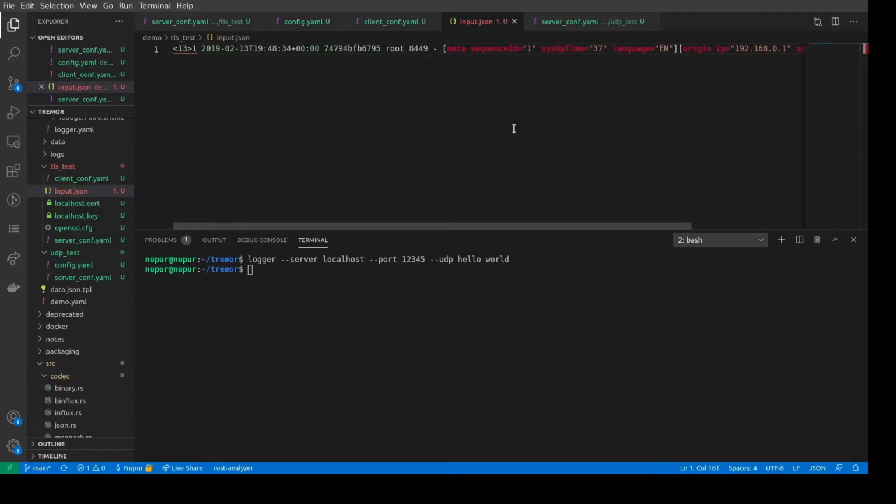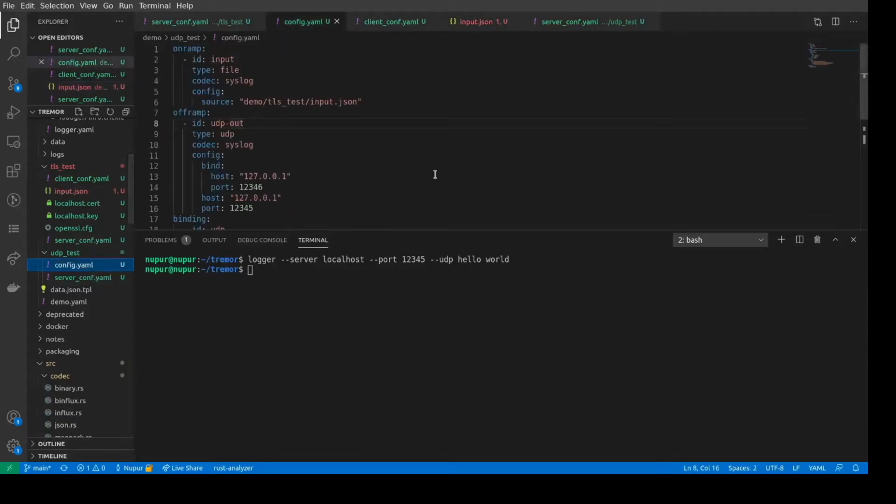example of a syslog message in which all the fields are defined, like the host name, message ID, app name, and there's also some structured data, and at the end there is this syslog message, I am foobar. So let's start our UDP client and use that to send this syslog message to a UDP server.